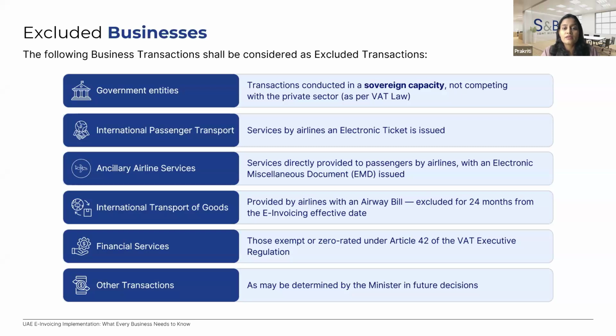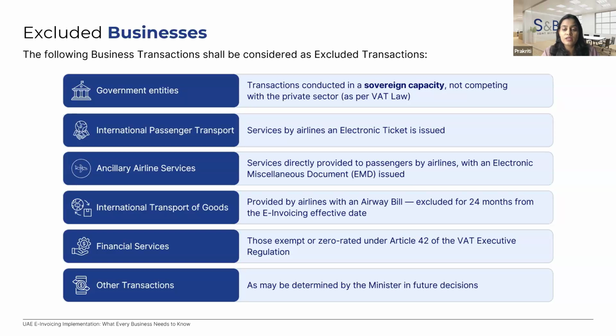The government entities which are running in a sovereign capacity. There are three items for the transportation business, primarily airline services for international passengers, where they are already issuing electronic tickets. Any ancillary airline services where they are using electronic miscellaneous documents (EMD) and raising them to the passengers by the airline. Then comes the international transport of goods, where they are issuing an airway bill.